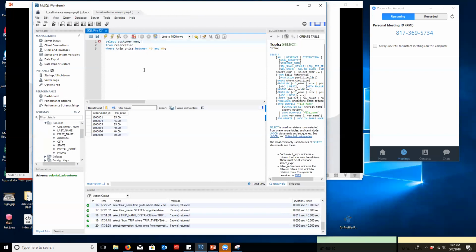So it tells me to list the customer number, the customer last name, the customer's first name, and city and the state. So city, comma, state. From, and I know this is the customer table. And where